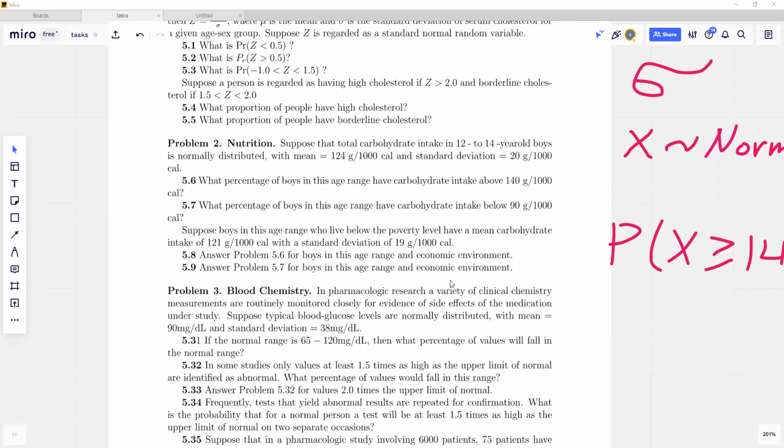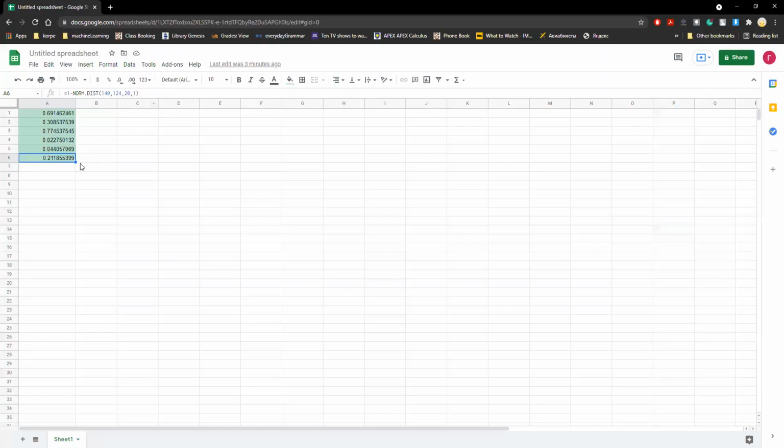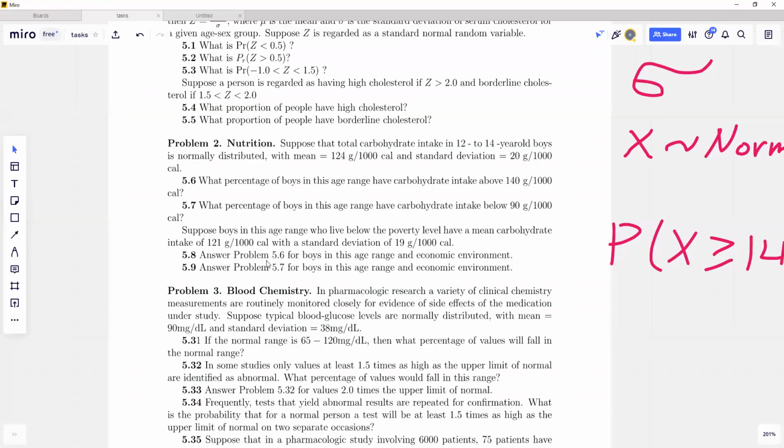Okay, let's calculate that using R, using spreadsheets. So below 90: 90, 124, 20, and TRUE for cumulative, so 4.4%. Next,